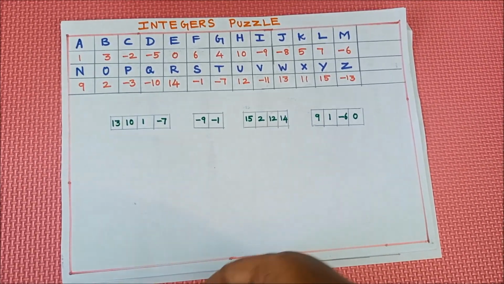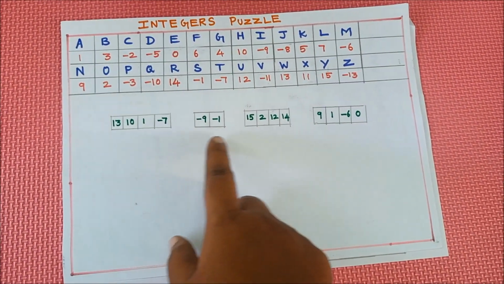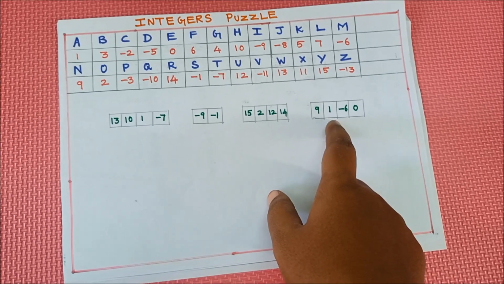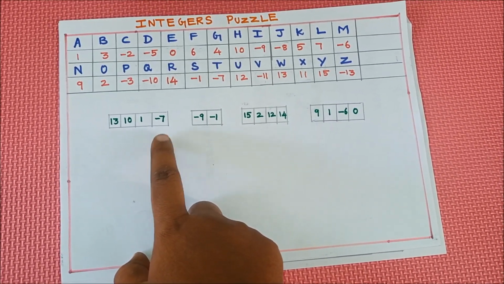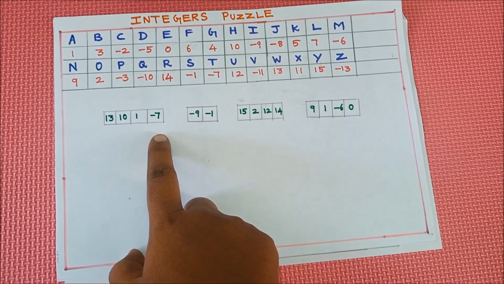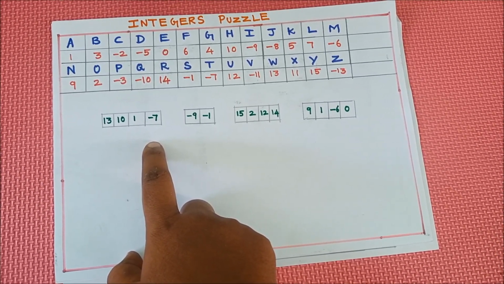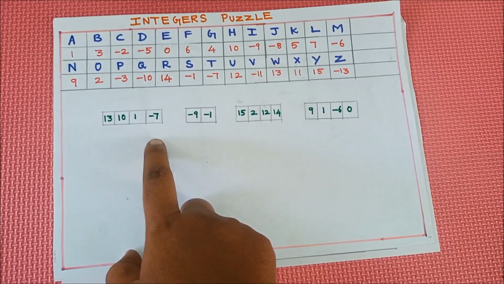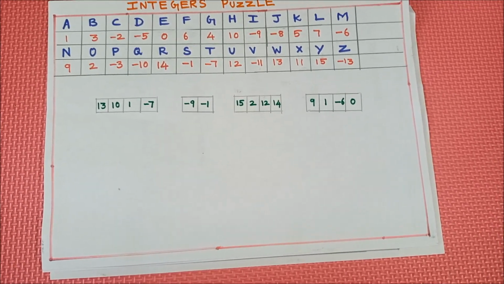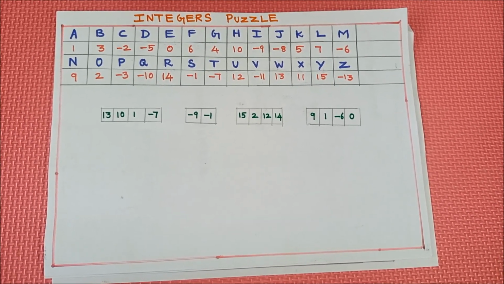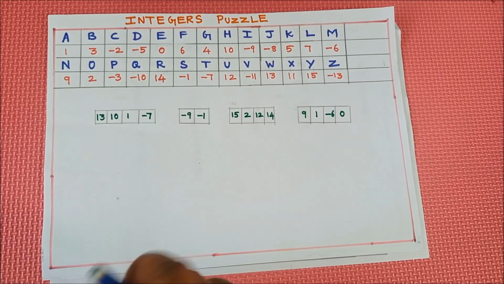Okay, so what is the puzzle you are going to solve, miss? Here I gave some numbers, isn't it? If you find the appropriate alphabet for these numbers, you will get a question. Yes, you have to answer that question. For example, here I am going to solve one puzzle and see what question we arrive at, and we have to answer that question. Okay, children? Yes, let us start.